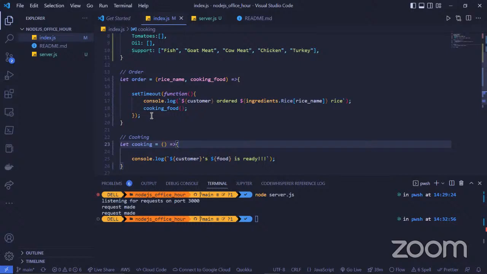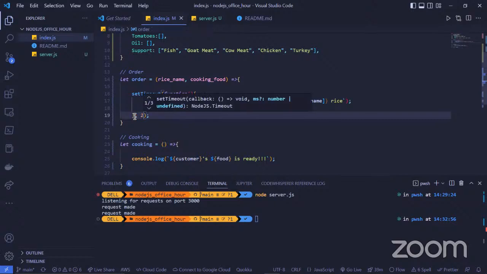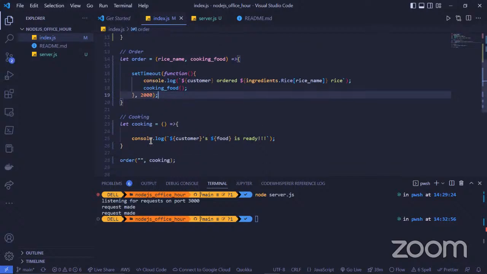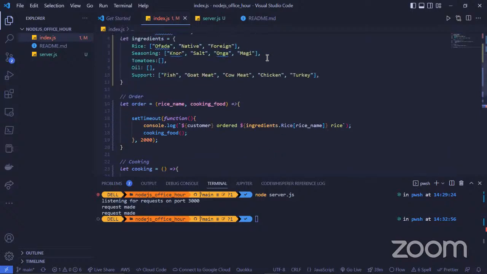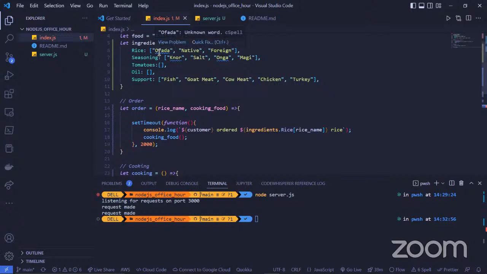Okay, so setTimeout. I would say this is 2000, and with this I can put order equals to... If I want the rice name to be the first one, which is ofada rice, you know that in arrays you count from 0, so this is 0, 1, 2.